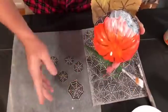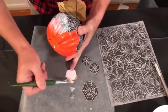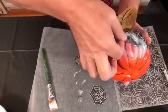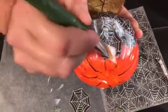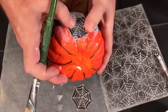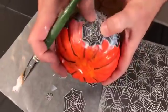I kind of multitask with my hands here, so I'm going to put a little bit on the back of the paper. I'm a much messier Mod Podger than you, Cathie. And then I go right on top of it. I'm going to press that down, adding the Mod Podge, and then use my fingers to smooth that out. And the same way Cathie showed you earlier, you just want to get into those grooves, press down,